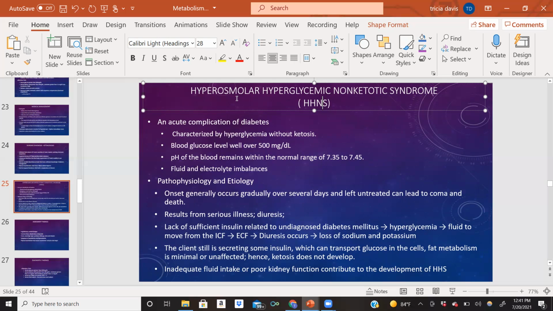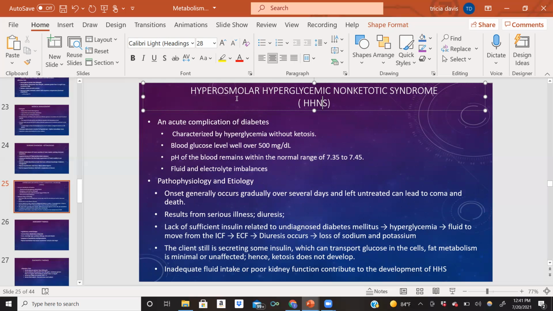There is a lack of sufficient insulin related to undiagnosed diabetes mellitus. Being undiagnosed is going to lead to high blood glucose levels, so hyperglycemia,